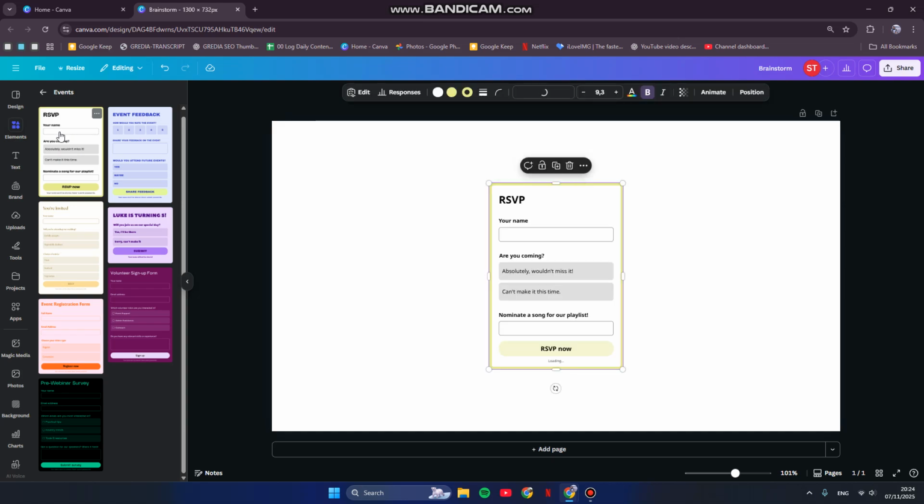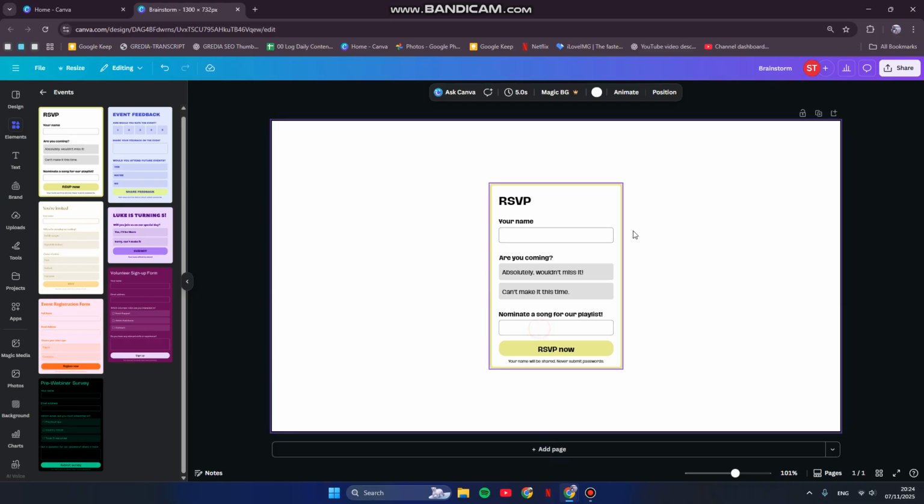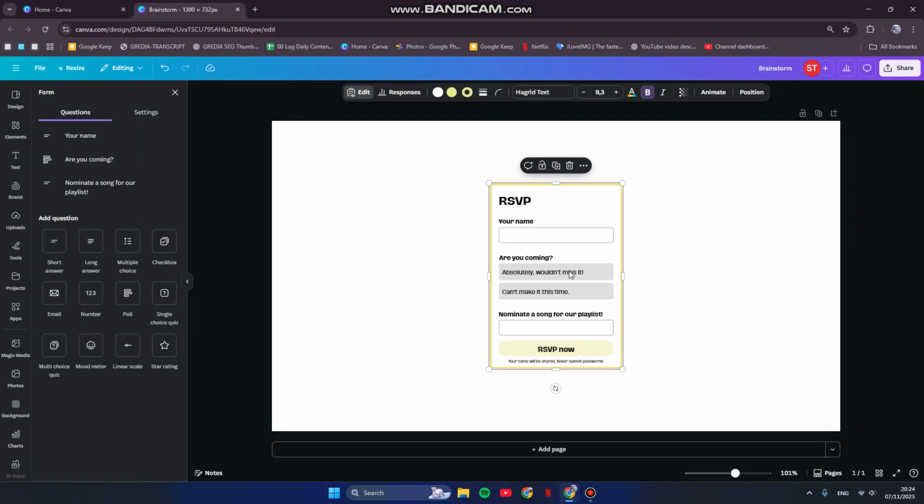You can just choose which one. For example, I'm going to go with this reservations. Okay, click on the form. Now you can just modify the form based on your need. For example, in here,